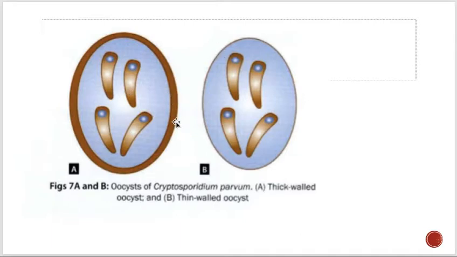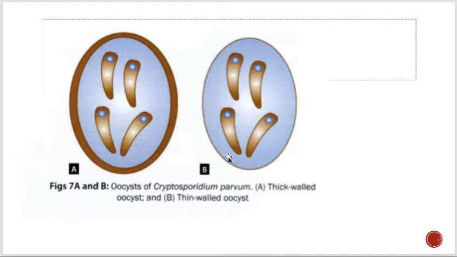One very important thing, guys, is that this is the one which causes infection in humans, right? This oocyst can survive for a very long period of time. They can survive up to a temperature of 60 degrees centigrade. It can survive chlorinated water. So if we have to kill it, we have to boil the water well above 60 degrees centigrade for some time.